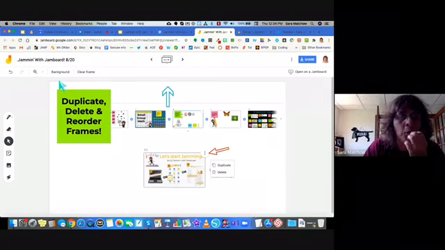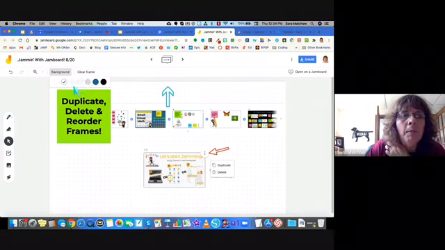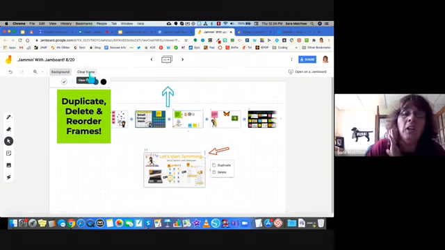Of note here too, in case I forget to mention it, Jamboard does have some built-in backgrounds. Nothing all that fancy, to be honest. There's the plain white. There is the dot, great if you want to play dots or do some graphing. And then as you can see here, there's some graph paper. There's some notebook paper, gray, blue, and black. So pretty basic. And then the clear frame, basically, if you hit that, or touch that, you're going to clear